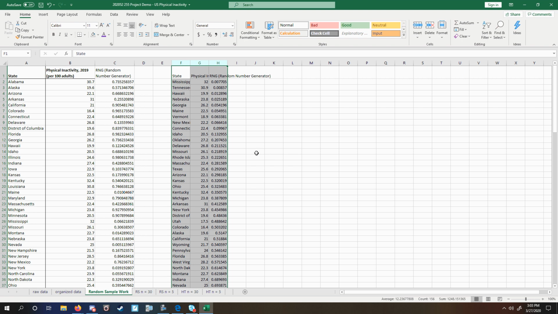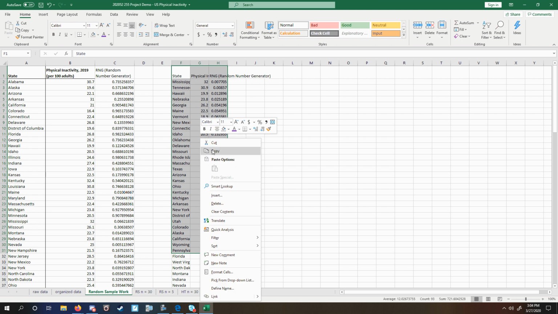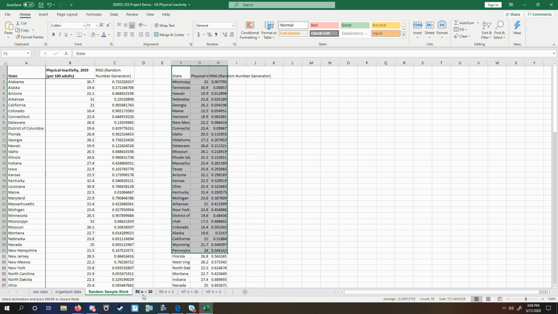So if I want to take a random sample of 30, the first thing I'm going to do is copy the first 30 pieces of data on this list. So from Mississippi down to Pennsylvania, that represents the first 30. I'm going to go ahead and copy this, and then down here, let's bring that over to our random sample